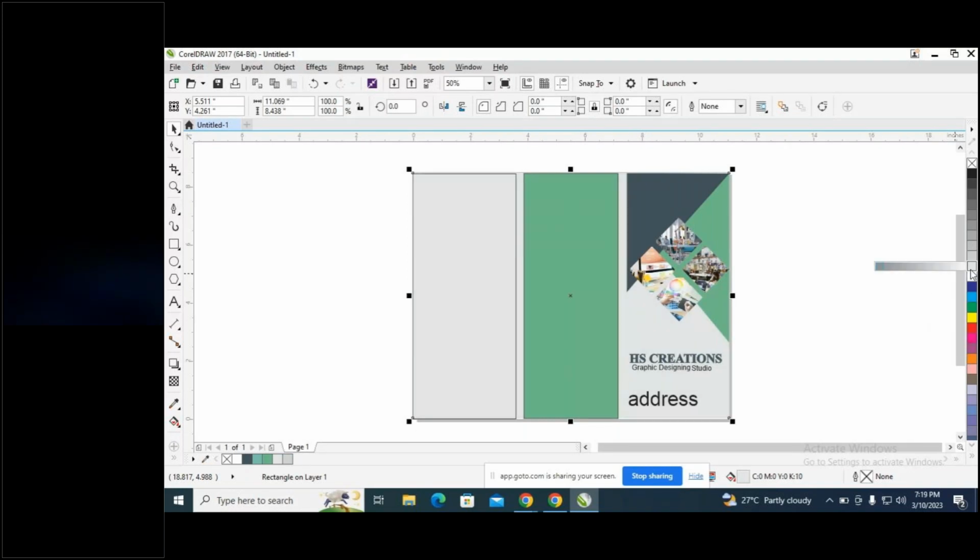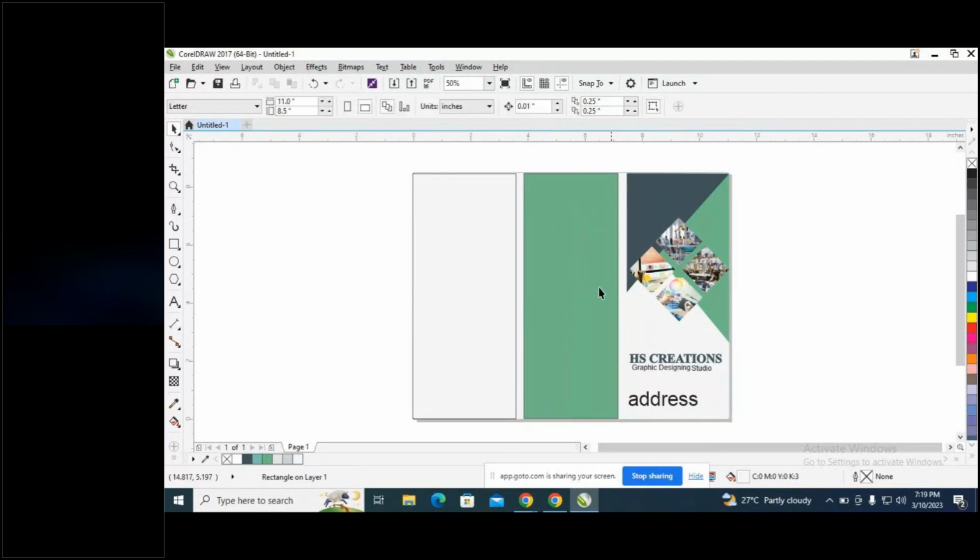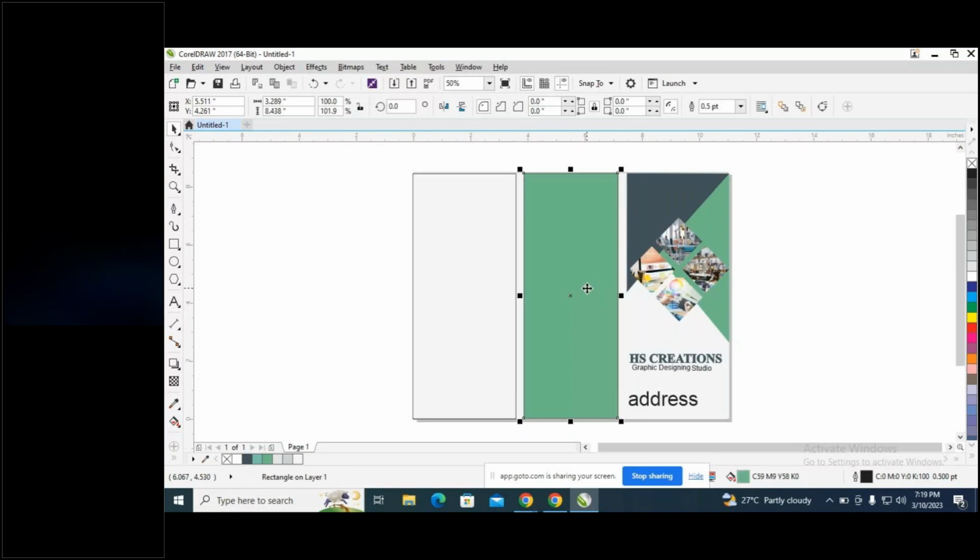So if I long press I can tint gray like this. Okay, so after giving color to this,